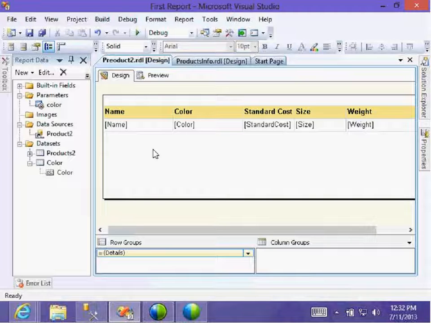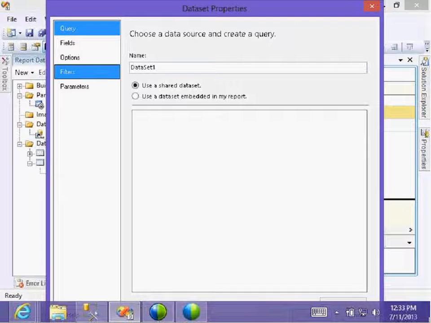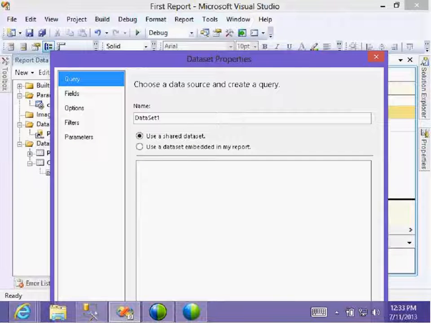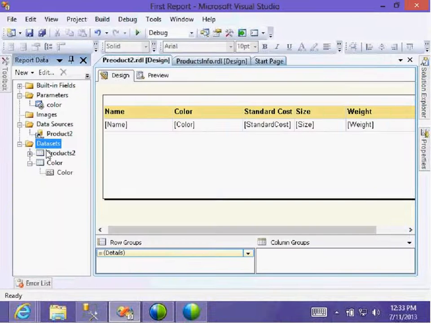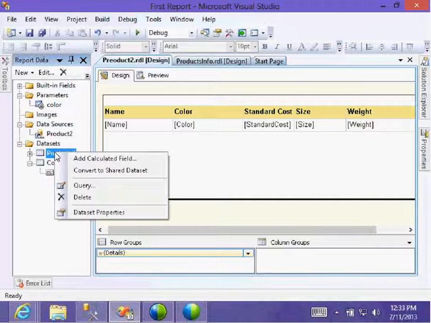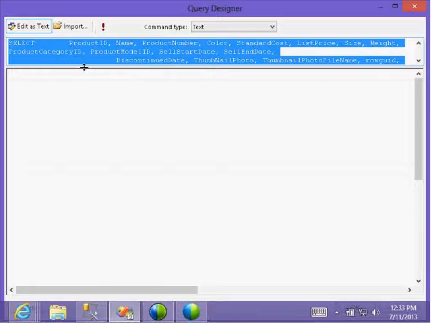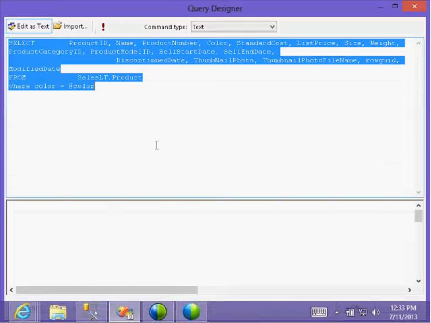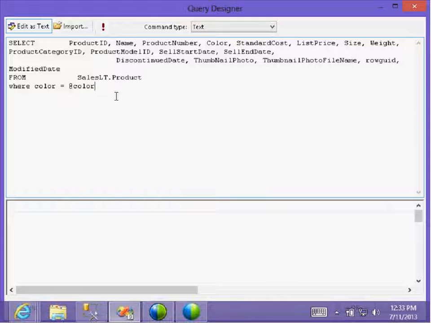If I want, what do I need to do? Does whatever query we wrote work for multiple colors? Colors? No. Equal to. How can the query work for multiple colors?